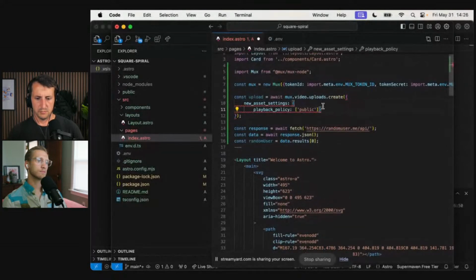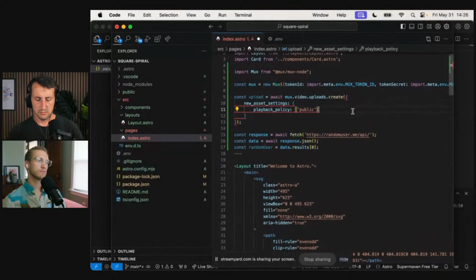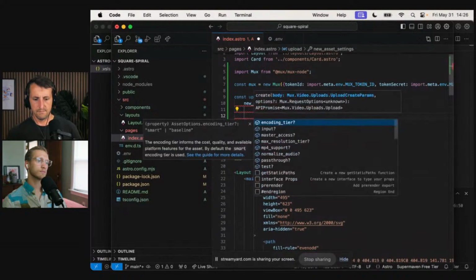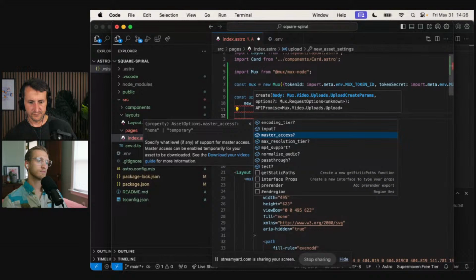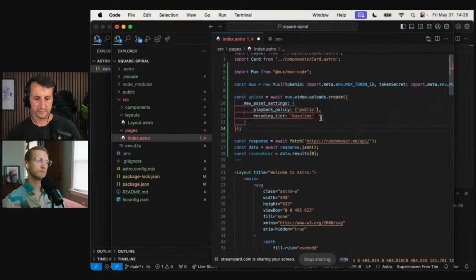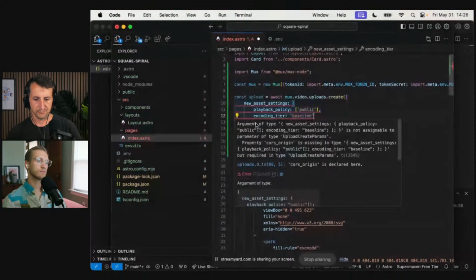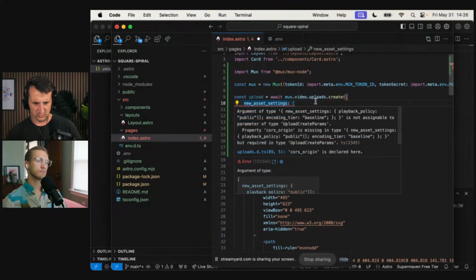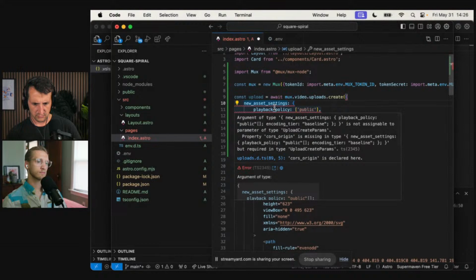Format this up a little bit. And we'll do an encoding tier. The baseline one is very easy and will just get us up and running really quickly for free with free encoding. So what am I getting yelled at here about?